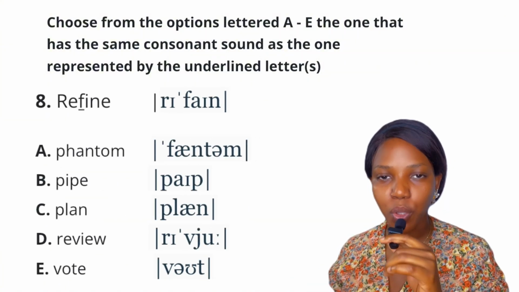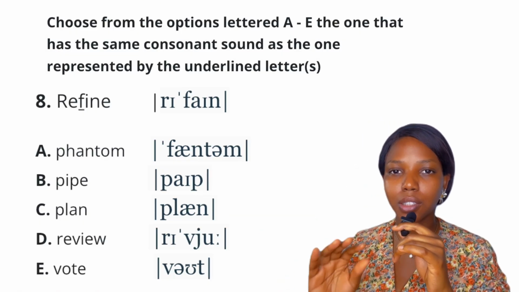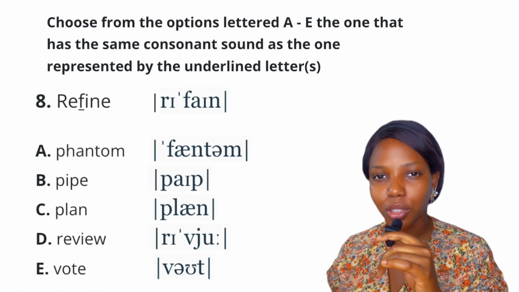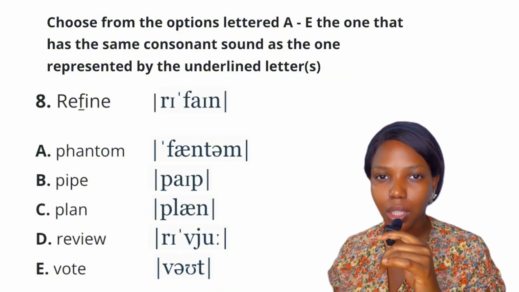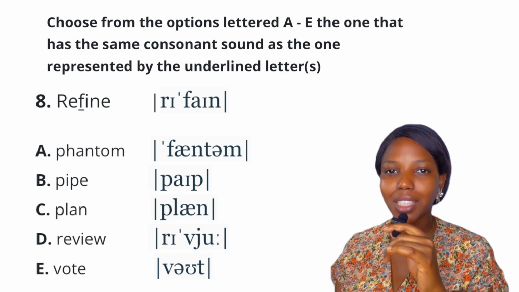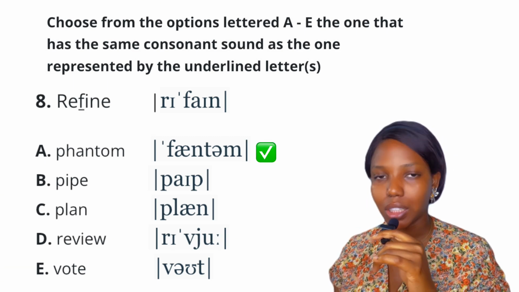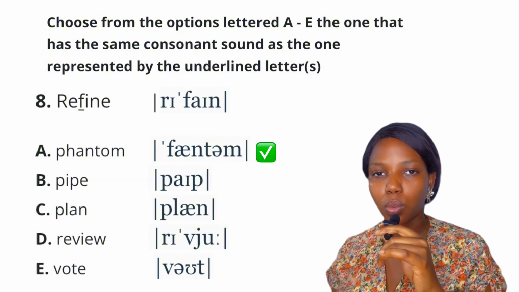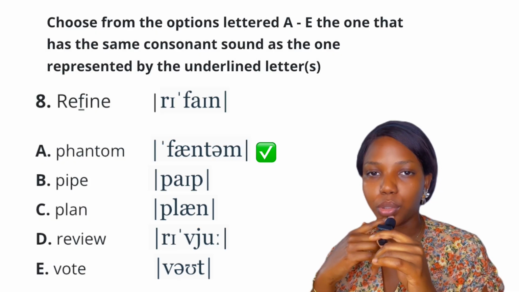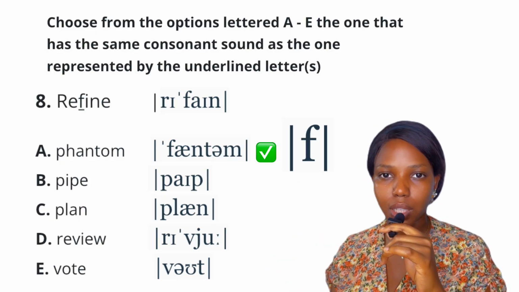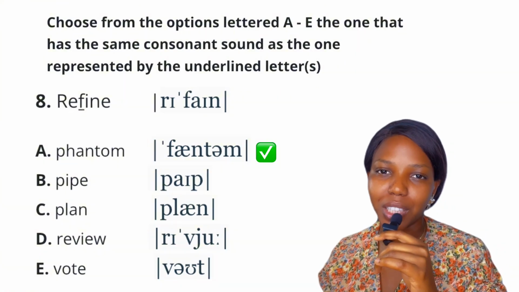Now here's the hack. Whenever you see PH, think of F. Don't let examiners fool you with the spelling trick. We have phone, elephant, alphabet, trophy, emphasis: PH is F. So the answer to this question is option A, phantom. What we have in options D and E is the voiced counterpart. What do I mean by this? The upper set of your teeth comes in contact with your lower lip to produce the sound F, voiceless, V, voiced. So the final answer to this question is option A, phantom.